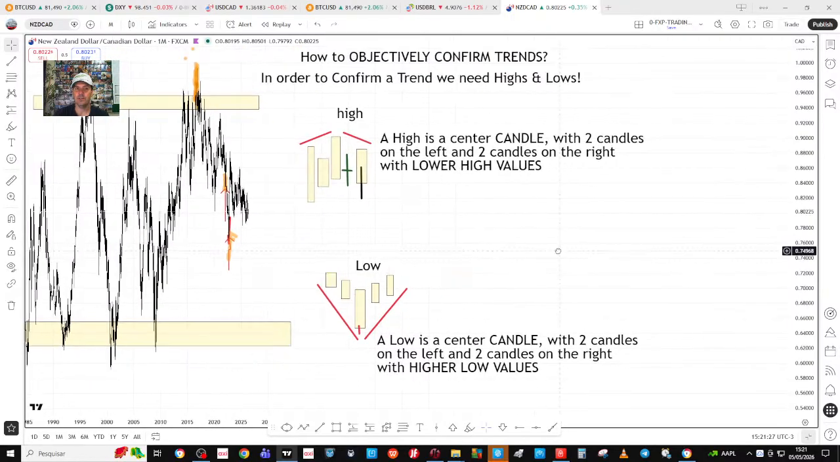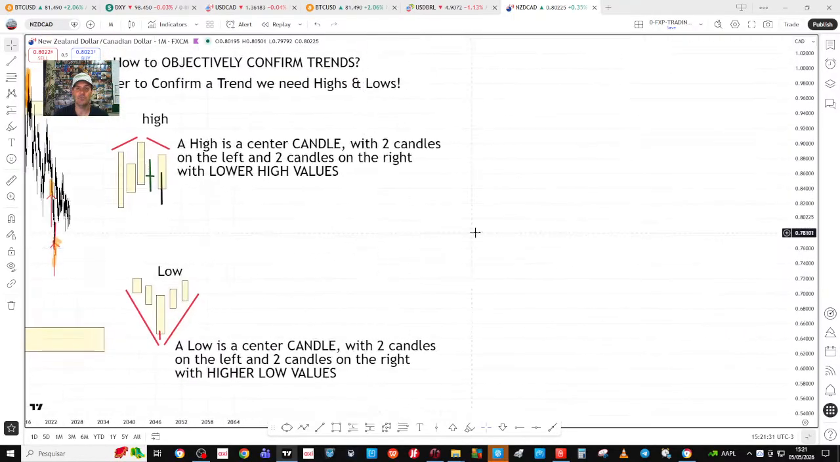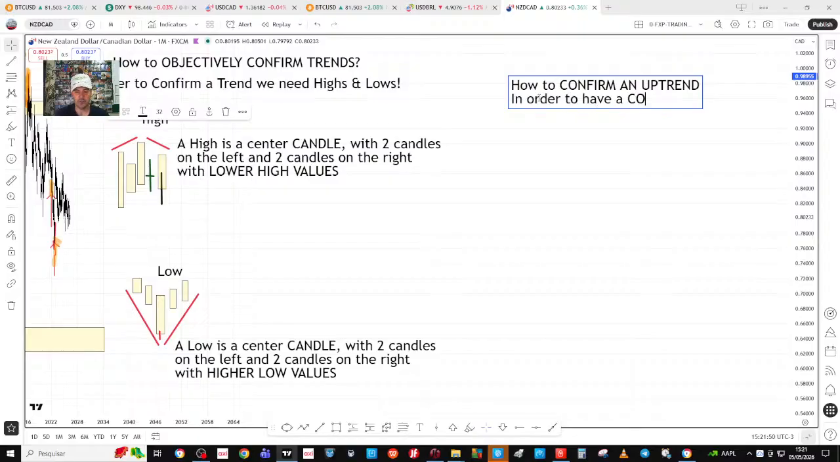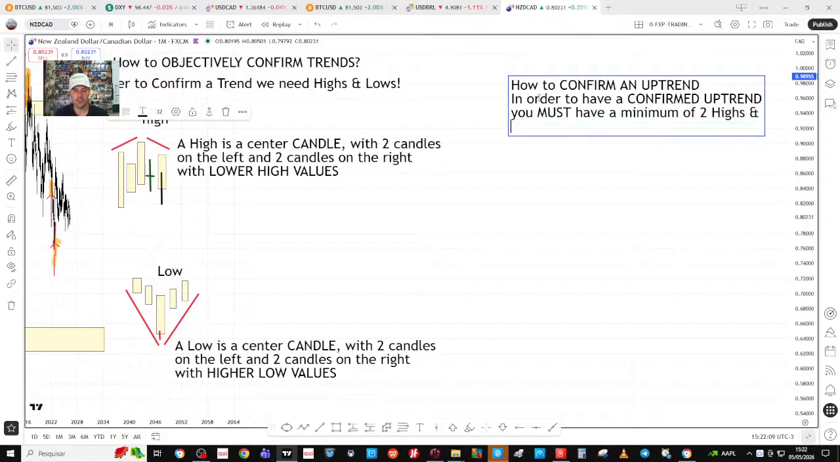Okay, now we've clarified what is a high. Alright, we clarified what is a low. So, how to confirm an uptrend, everybody, objectively? In order to have a confirmed uptrend, confirmed is the key word, everybody, you must have a minimum of 2 highs and 2 lows. Could be more, but you need to have a minimum of 2 highs and 2 lows,